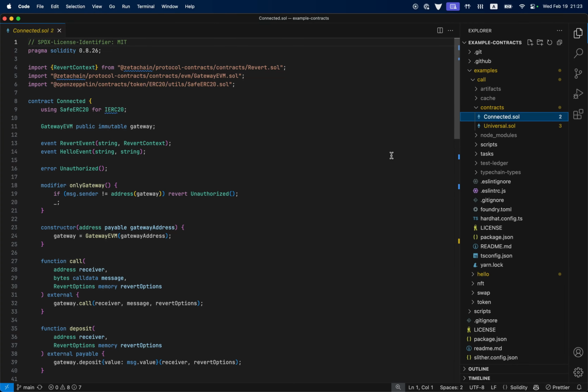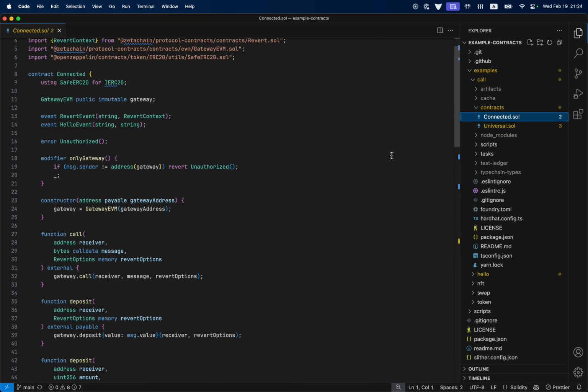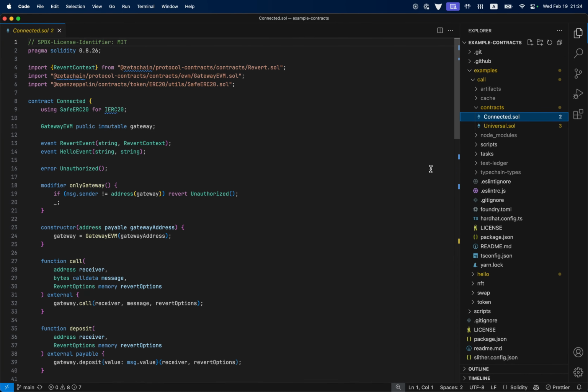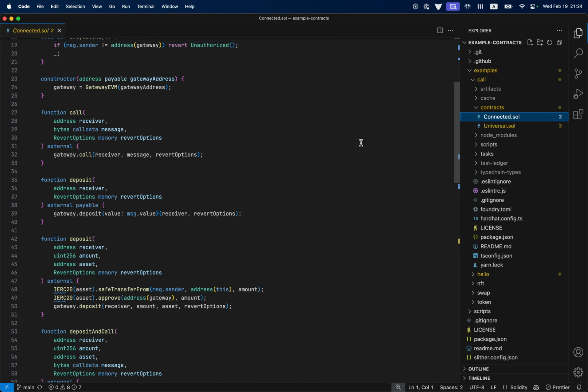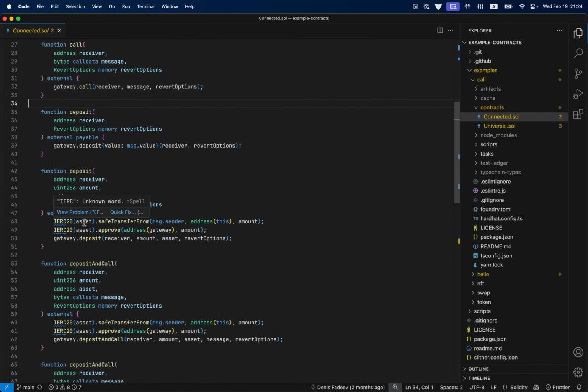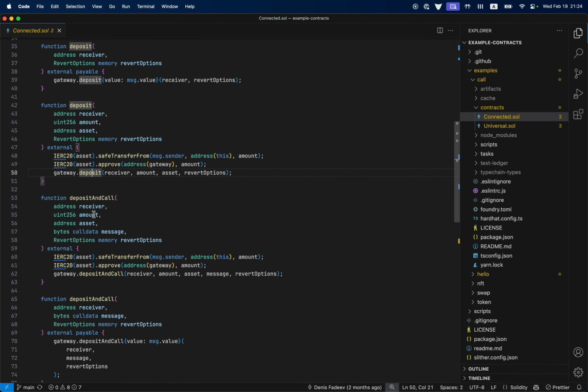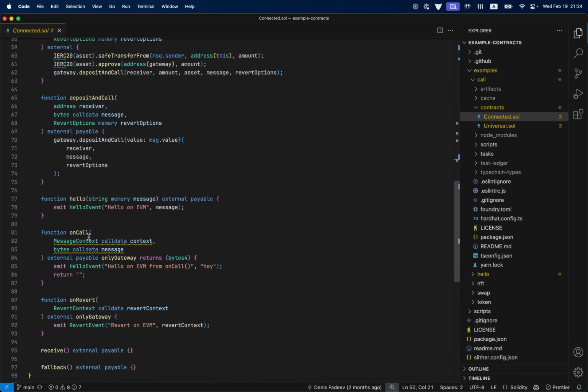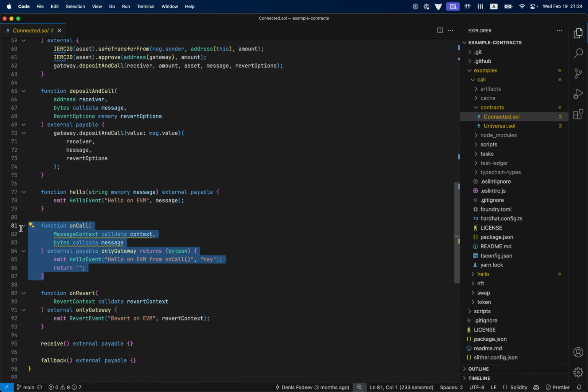I don't know, maybe that's the logic of your application, or you want to do something on that chain before making a gateway call. Up to you. You can do that. And this example just shows all the different functions that you can execute. All these functions basically wrap the gateway functions like call, deposit, deposit ERC20 asset, deposit and call, and this contract on a connected chain also has an on-call function